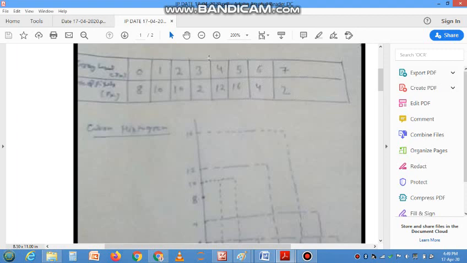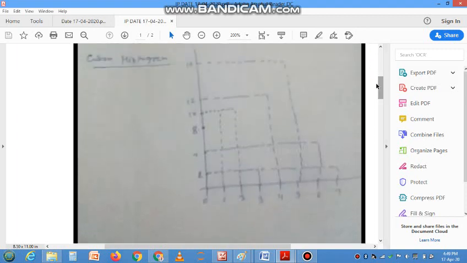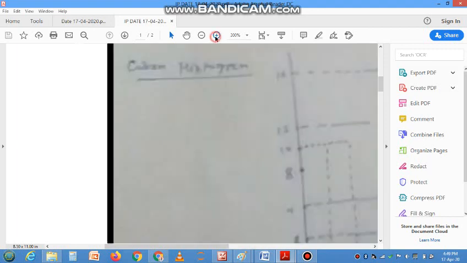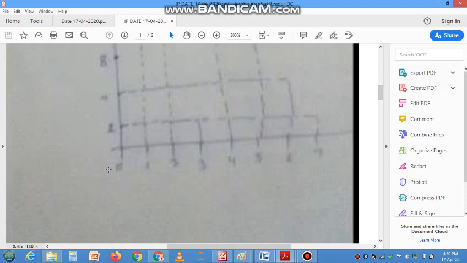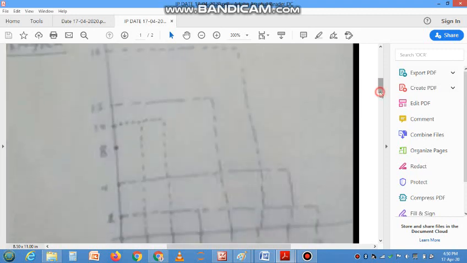Okay, so this data is given: number of gray levels and number of pixels at a particular gray level. So at first we draw the histogram. Histogram means graphical representation of the image in terms of gray levels and number of pixels. So when we represent it in a graph, along the x-axis we take the gray level 0 1 2 3 4 5 6 and 7, and along the y-axis we take the number of pixels given